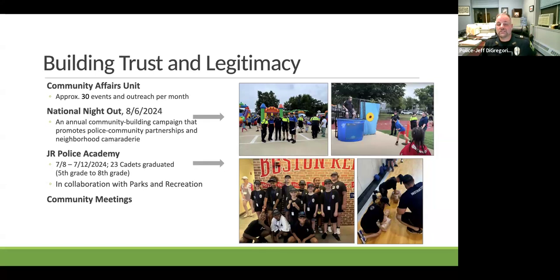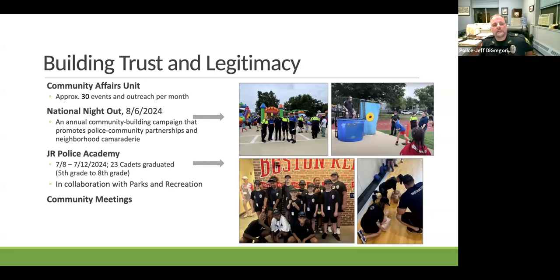We've also brought back National Night Out, which was led by the police department. And we haven't been able to do this in, I think, maybe 5 or 6 years. And we took it to Dilboy Stadium, and it was a great event. I was there. A lot of different vendors, a lot of different activities for the kids. So it really was a success.